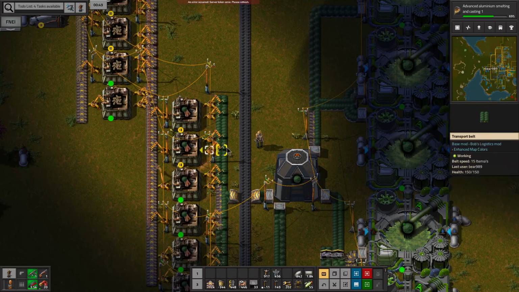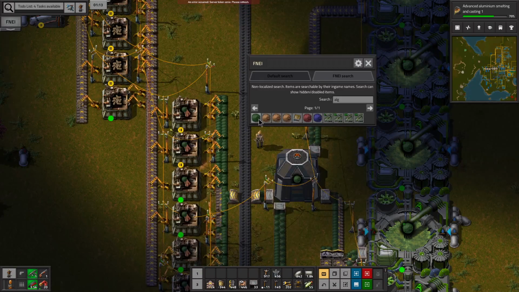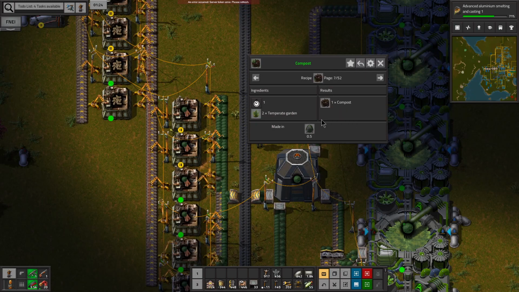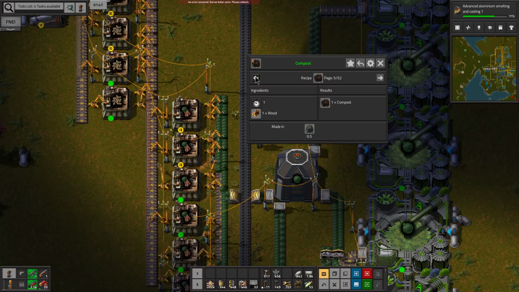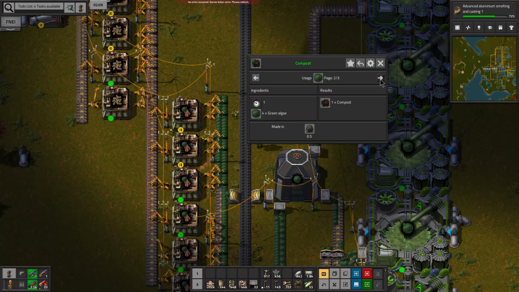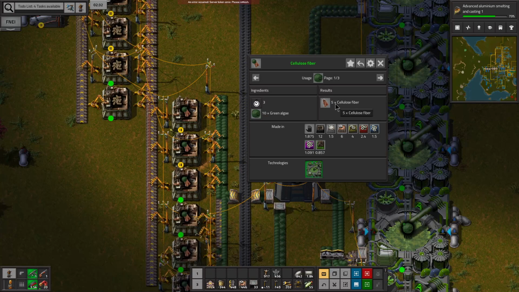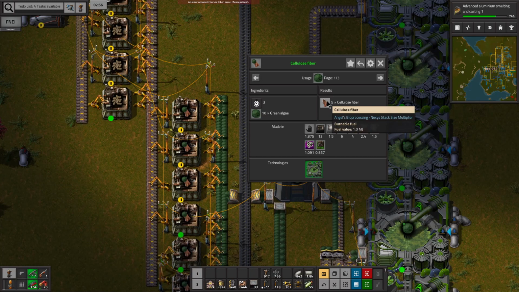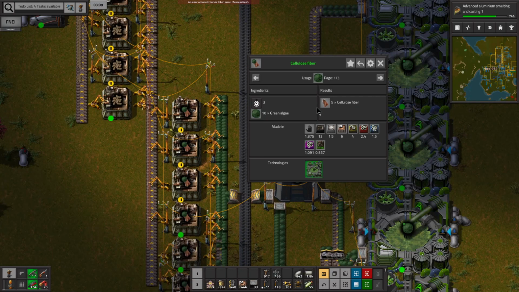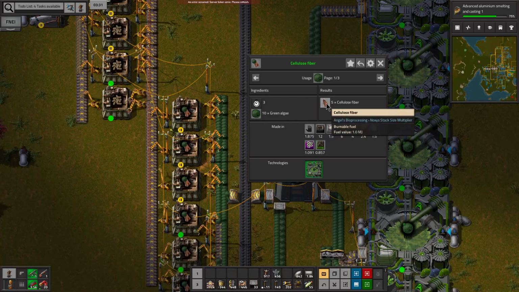And I haven't decided if we're going to use the cellulose or the green algae. I think it would actually be better if we did the cellulose, because it's 2 cellulose to 1 compost, where it's 4 algae to 1 compost. But if we look at the green algae to cellulose, it's 10 to 5. So it would be 5 to 1 is the ratio there. So it would take 10 green algae to make...